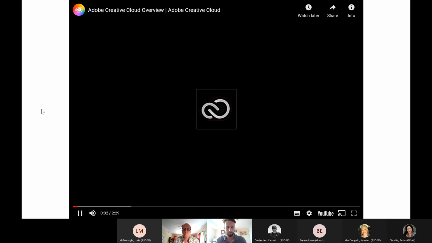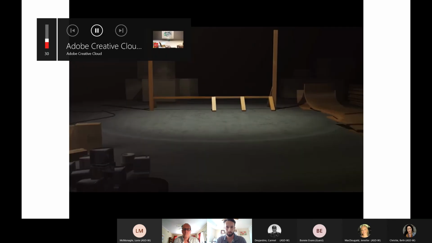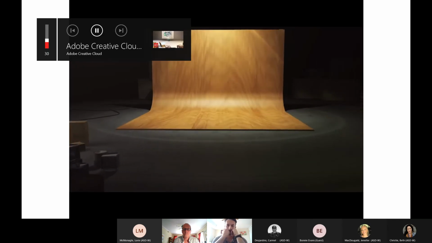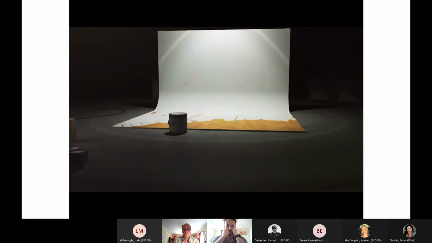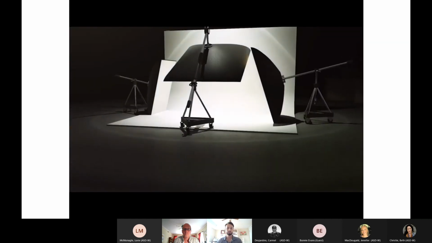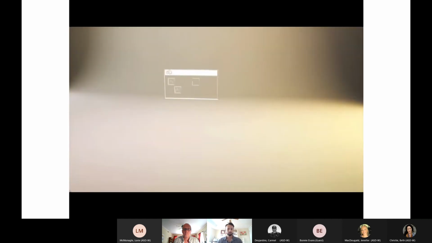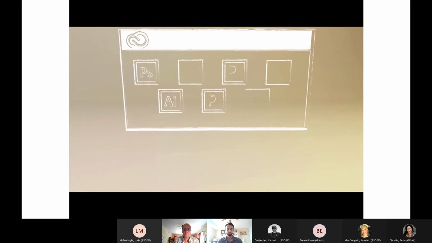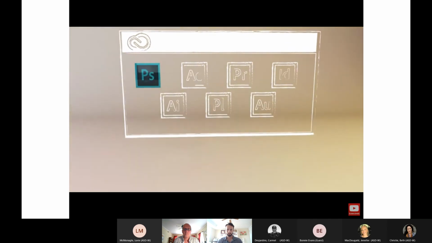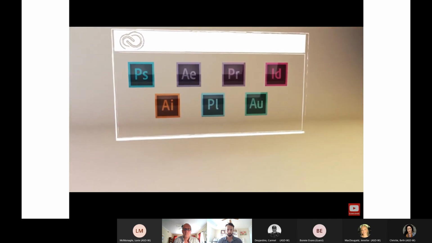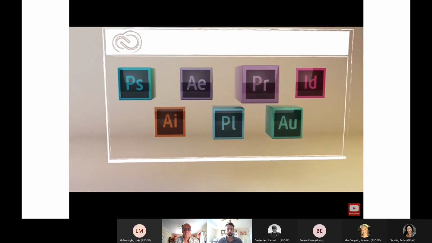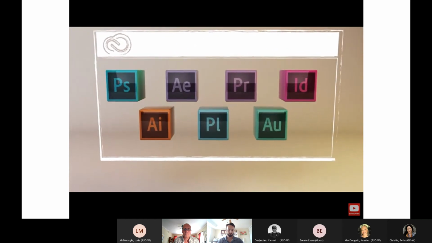Maybe you've heard about Adobe's Creative Cloud, but you're still not completely sure what it is. Simply put, it's a whole new way of working and creating, giving you everything you need to do your best work. When you join Creative Cloud, you get all the same state-of-the-art creative tools you've always used and loved. Tools like Photoshop, Illustrator, InDesign, Premiere Pro, but they've been completely reinvented to support a more intuitive and connected way